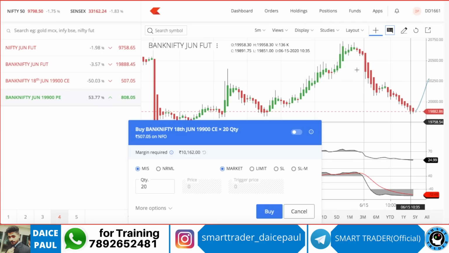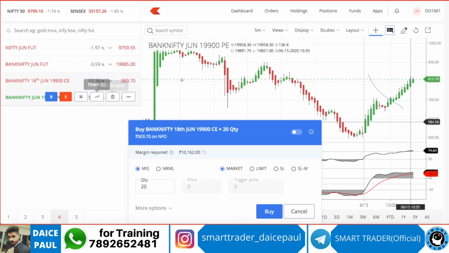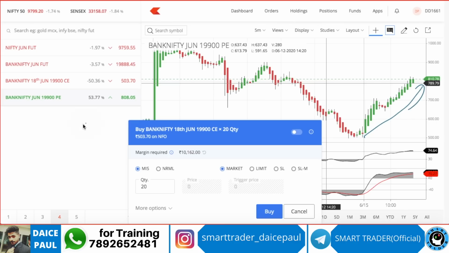Okay, if Bank Nifty goes down, then your put option will go up. It is connected the opposite way. You see, the put option has gone up. So if Bank Nifty is falling, they will buy a put option. If Bank Nifty is going up, they will buy a call option. So this is betting it will go up, this is betting it will go down. So you will buy either this or this for intraday trading.